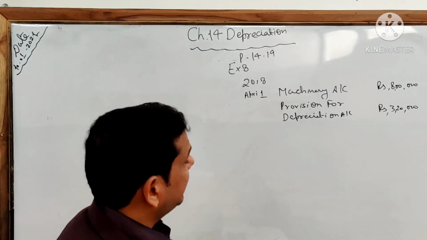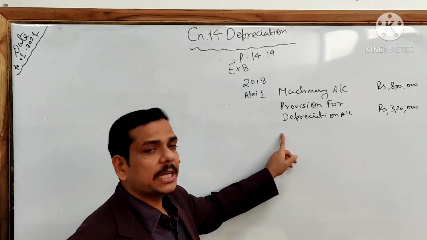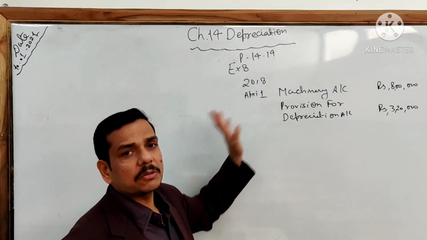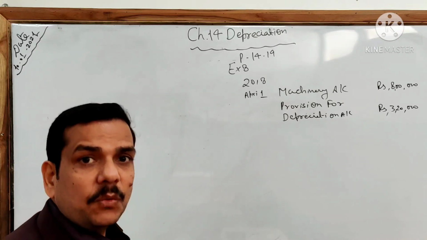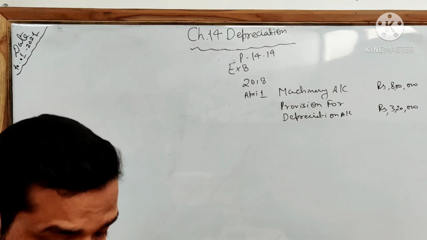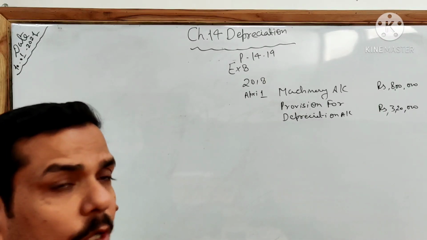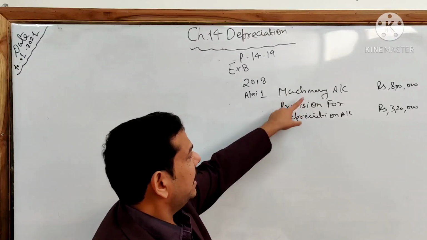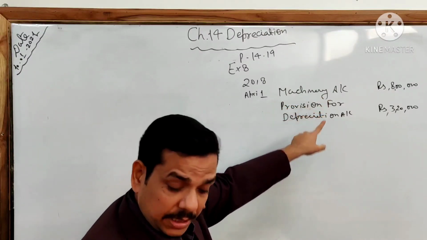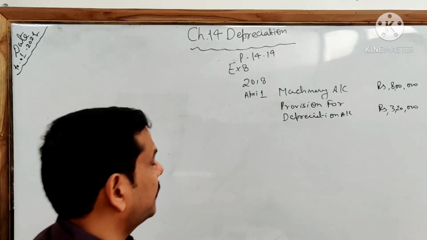Now here we are dealing with a problem where the existing balance of the machinery and provision for depreciation is given to us on April 1, 2014. How do we deal with this type of numerical? See what else is written. On 1st April 2018, they decided to sell a machine for 2 lakh, and the balance is included in this account, that is 8 lakh, which was purchased on 1st April 2015.